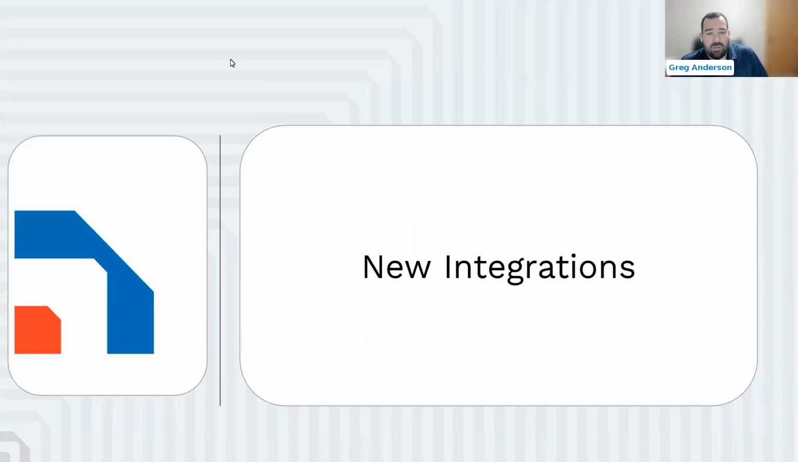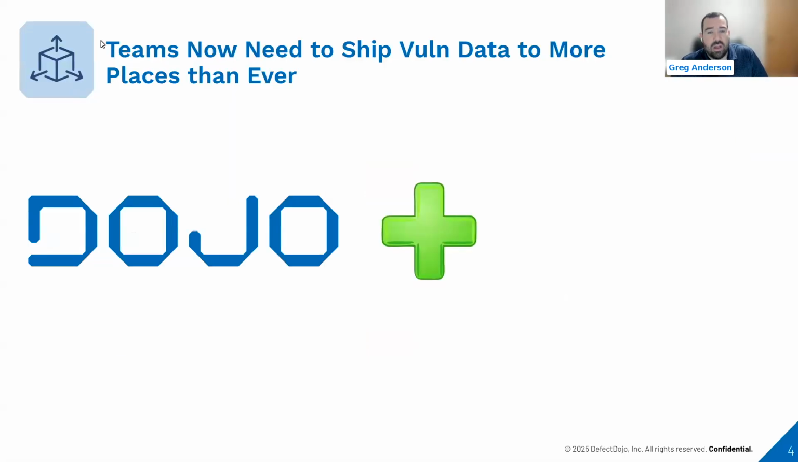But first, starting with new integrations, I think today security professionals have to ship data in more places than ever before. When we first created Defect Dojo, we started with Jira. This integration has become extremely robust with everything from custom templates to bidirectional syncing of issues. And this is all available in open source for people to leverage. But